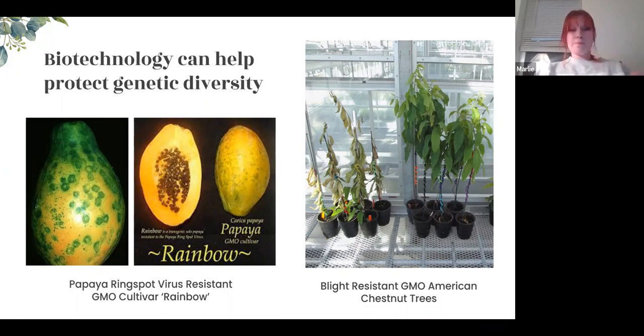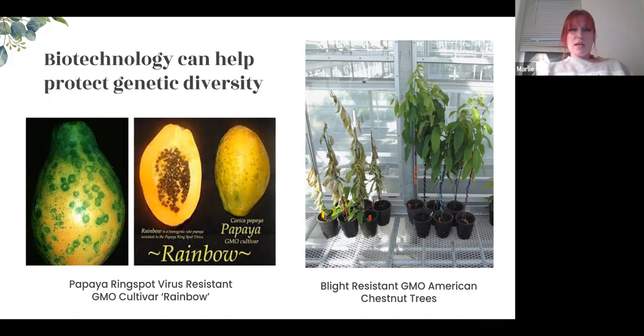So researchers came up with the idea of taking resistance from another organism and putting into the papaya. So now many of our papayas that are grown in Hawaii are the rainbow papaya, which has that genetic resistance from another species in it that allows Hawaiian papaya production to still continue. More recently, you guys may have heard of the blight that is plaguing our American chestnut trees. This work's actually being done at ESF up in Syracuse, where they are taking resistance